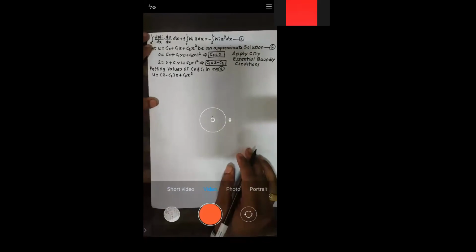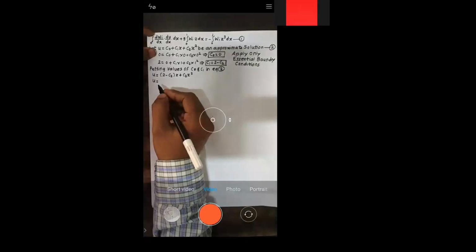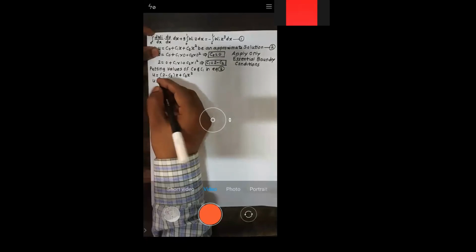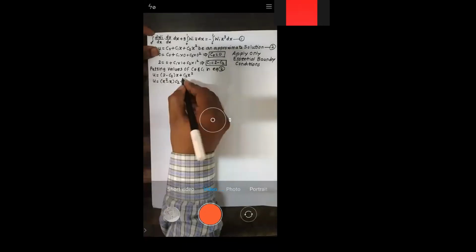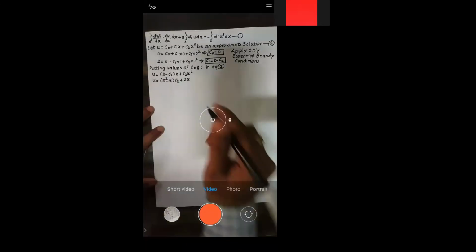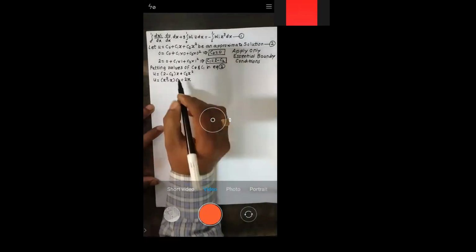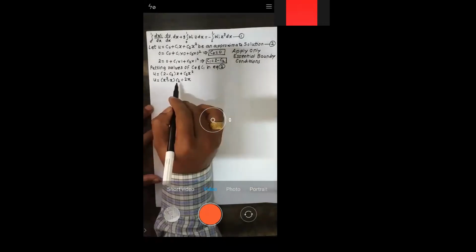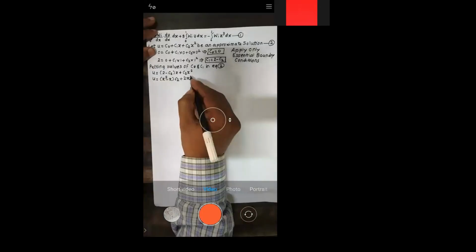So I will club the terms having coefficient C2. I will write x square minus x into C2, plus this 2 into x is 2x. If you see, these two equations are one and the same. I arranged this equation in such a manner that I get the coefficient of C2. Let me call this equation number 3.